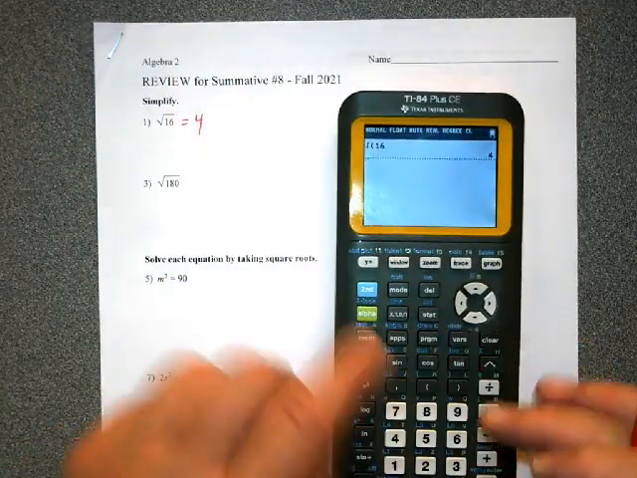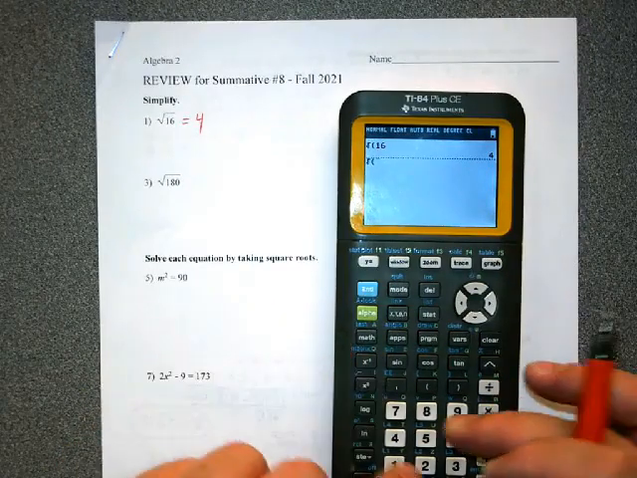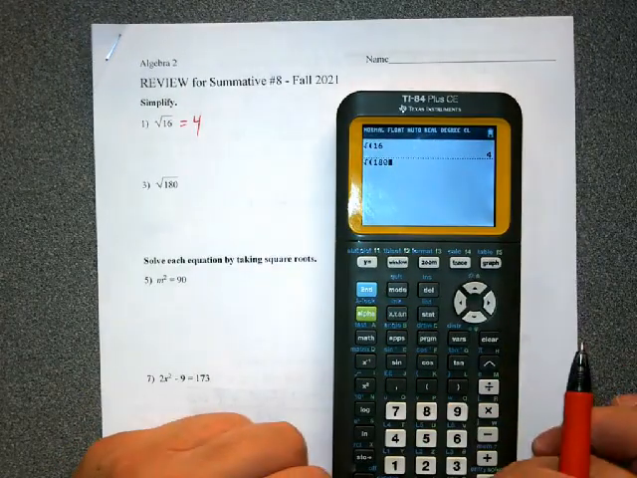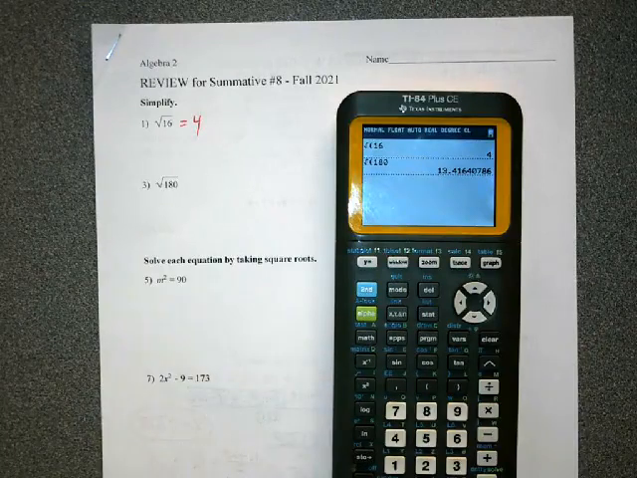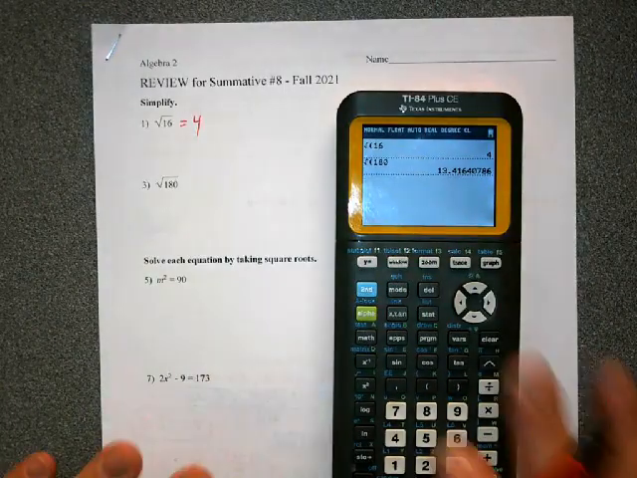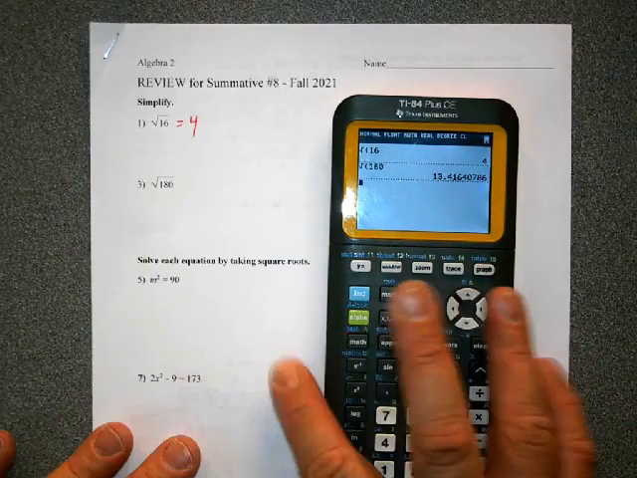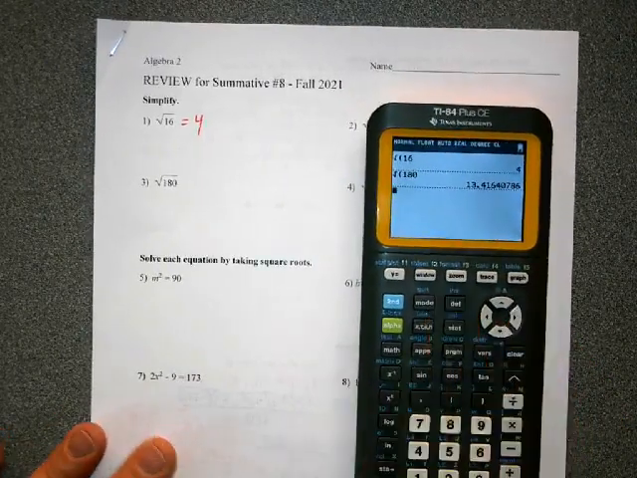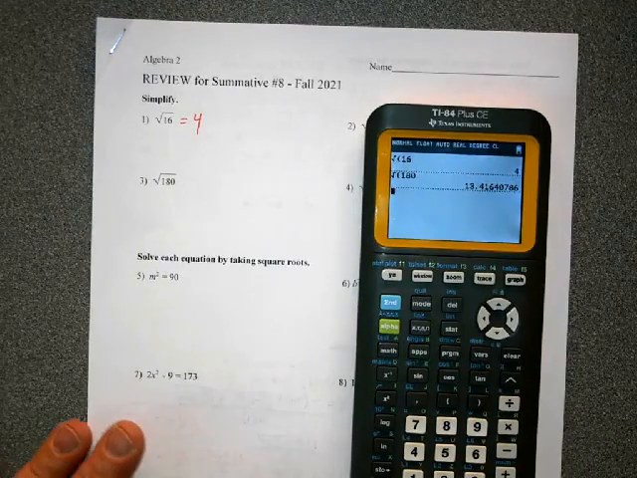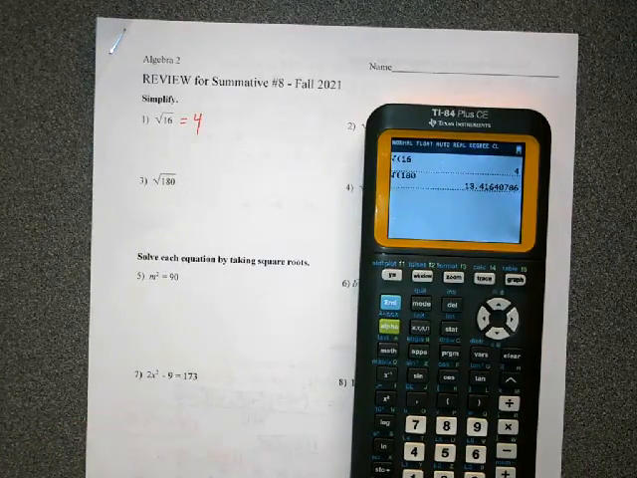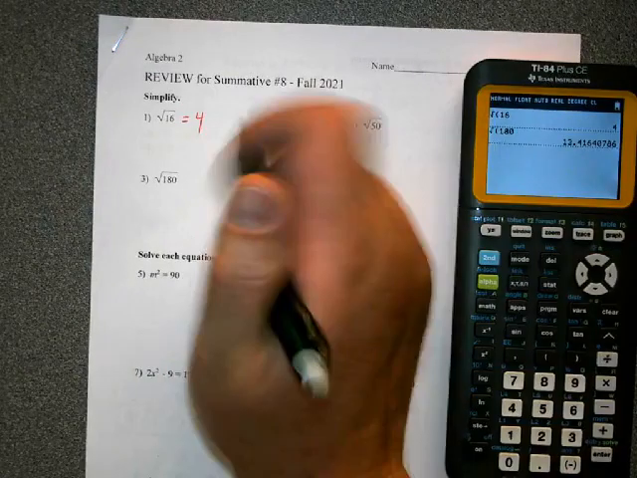Try the square root of 180. You get a decimal, so 180 is not a perfect square, right? Let's zoom in a little bit. There we go. Okay, so we're going to have to simplify. You guys remember one way I showed you to simplify? Yep, 180